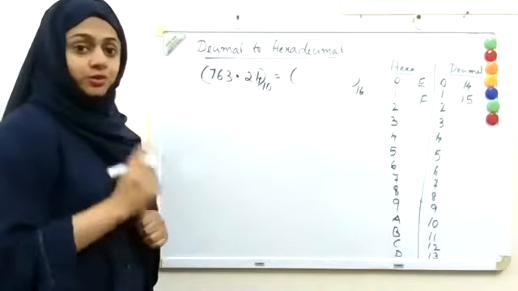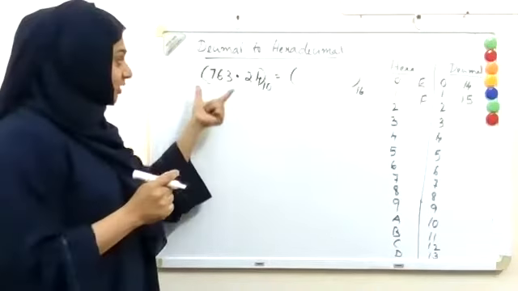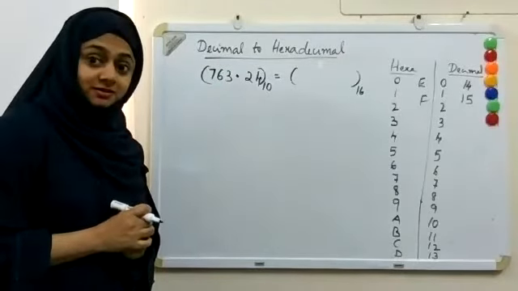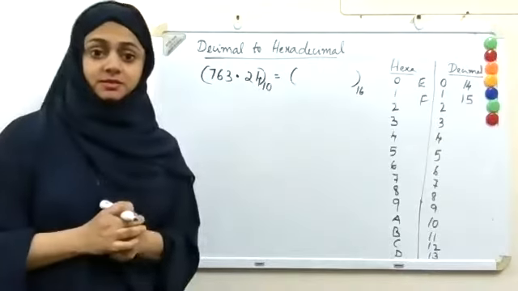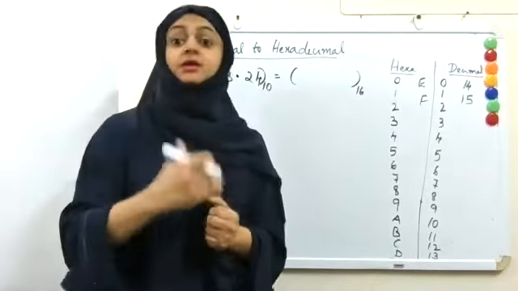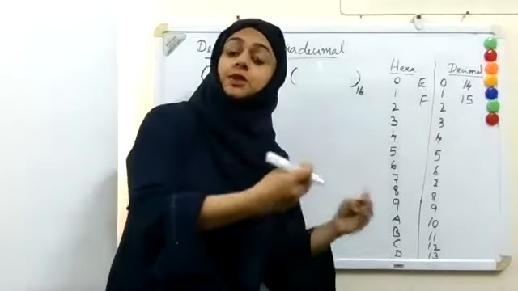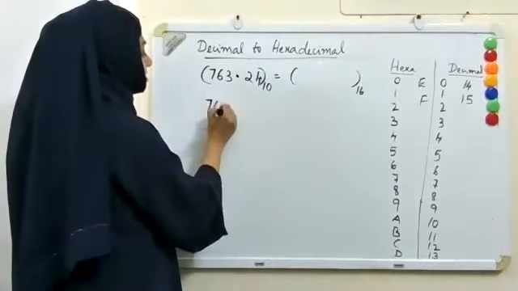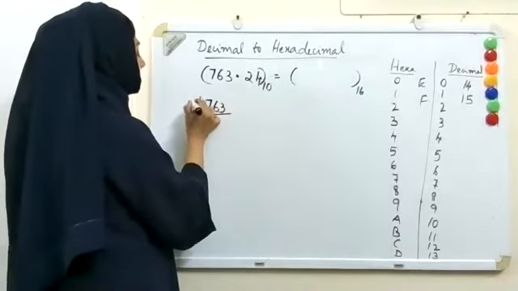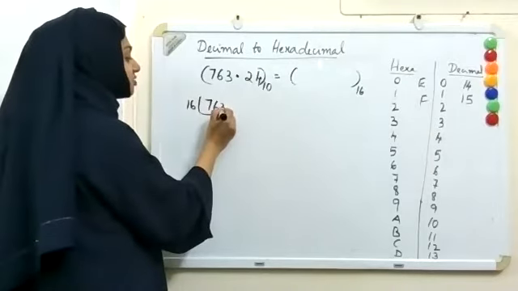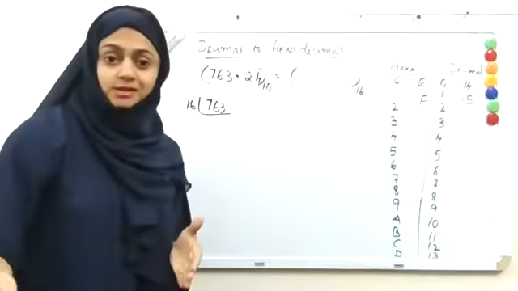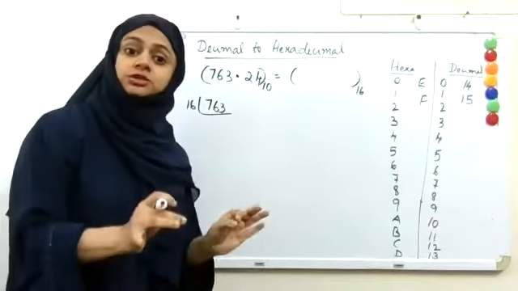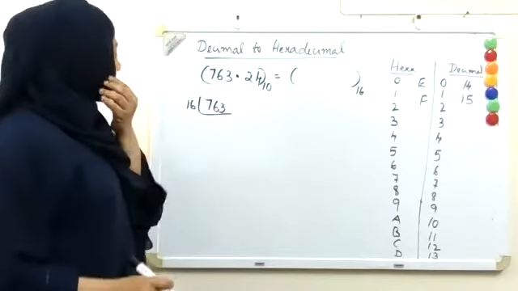Now we have to convert this to the base 16. Okay, so you remember how we converted? What should I do with this part? The part before point? Any guesses? Divide by 16. Yes, divide by 16 and we have to separate out the remainders, right? So 763 divided by 16. Here you have to do the actual division. If you use the calculator, it will get points. So you won't be able to separate out the quotient and remainder. So we have to do the actual division.